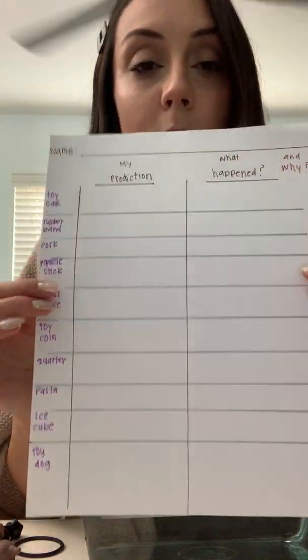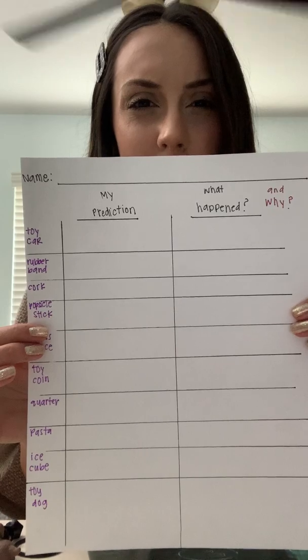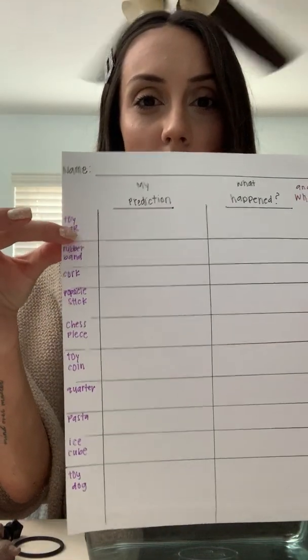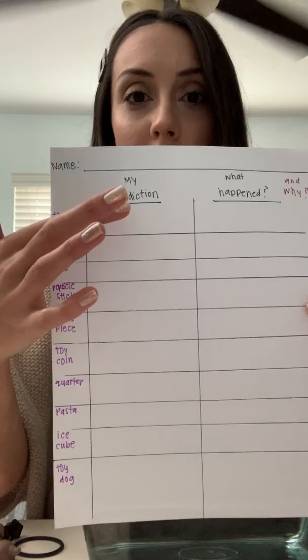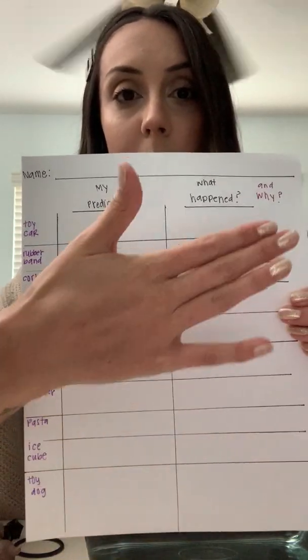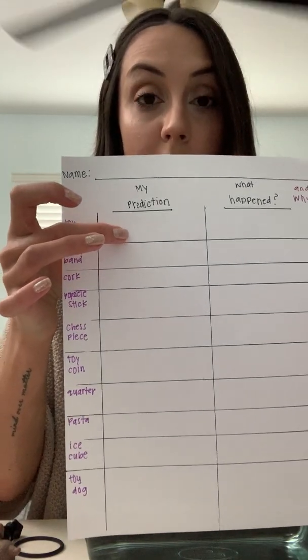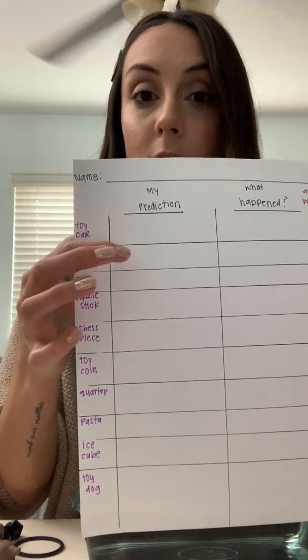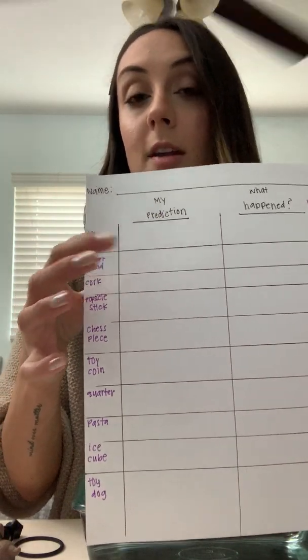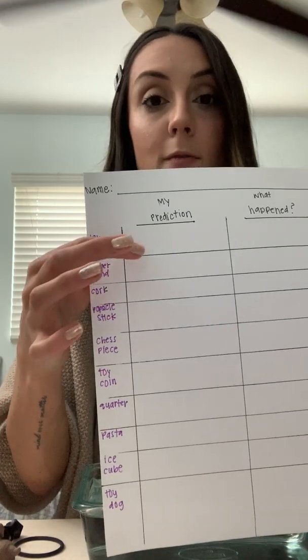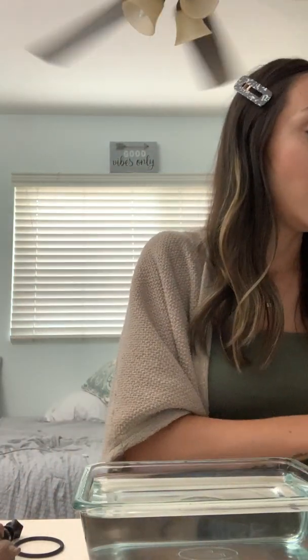And before we do this, all of my students are going to have a prediction sheet. I don't know if you can see this or if it's backwards, but it has your name, it has the objects listed over here, and then we have my prediction, and then we have what actually happened and why. So this is for later. For now, you're going to go through, so toy car, and then you're going to write your prediction. These can be bullet points, but I do want to know float or sink, and if you have an explanation, you can write it. If not, just go ahead and write float or sink. So the students will have about 5 minutes to do that, and this will be in pairs. And then once they have their predictions filled out, we will get started with our experiment. Okay,